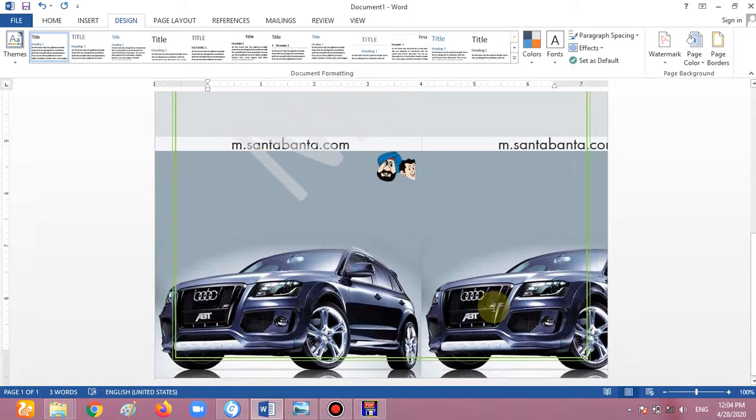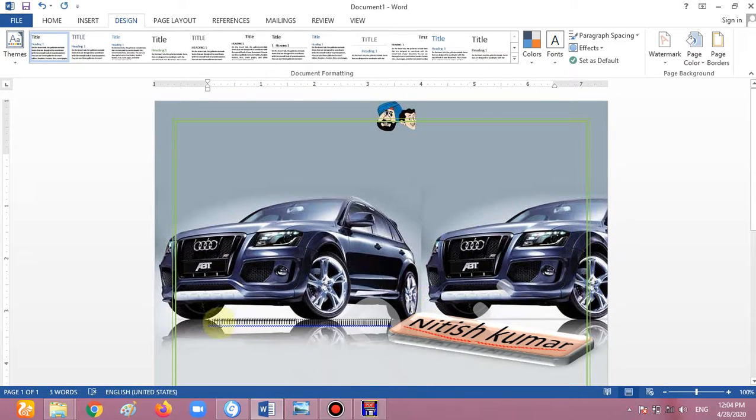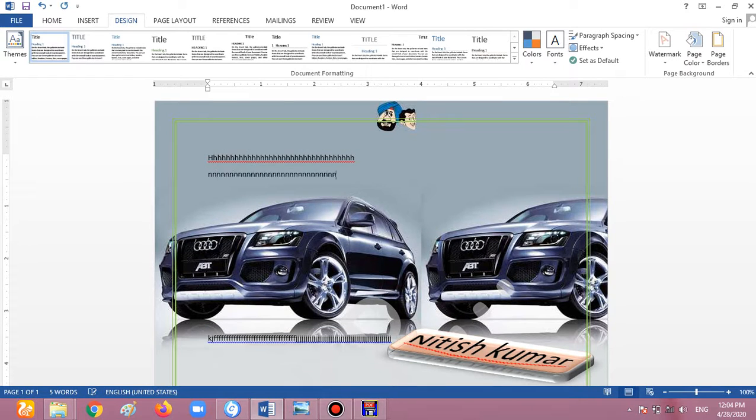Now we have a picture on the background. This is on the background, right? Look, we can write easily on this one. There is no problem at all. This is a picture for the background, like a white page. A white page has a background of white color, and when we choose a picture, then it is the background for the picture.